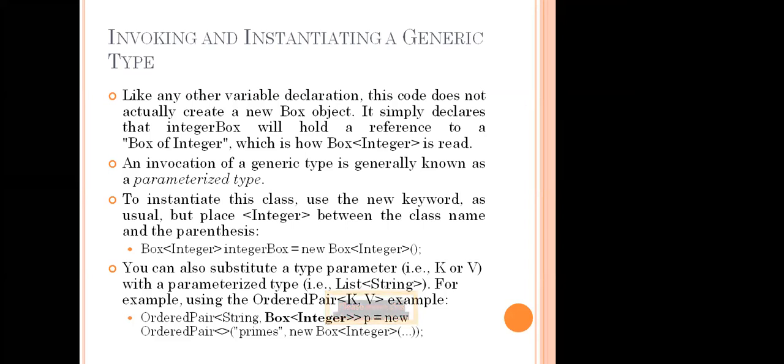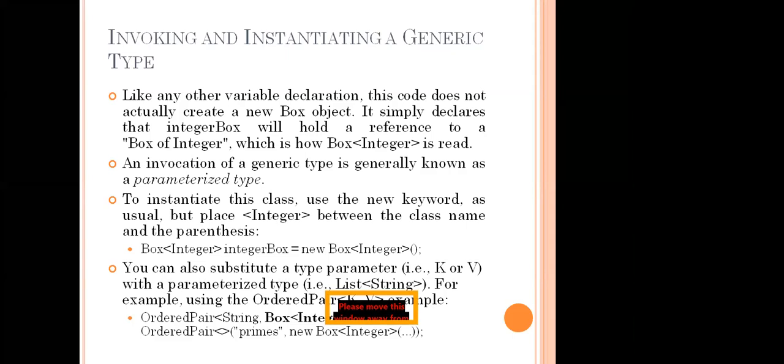Inside the parameterized type, generally we are going to use the types. In the previous line itself, we have Box<Integer>. But here we see String comma Box, and inside another angular braces we mention Integer. What is the meaning? Here OrderedPair is a class which contains two things. Maybe it contains one more class inside it, that is known as Box. For example, here Box is a child class and OrderedPair is a parent class.